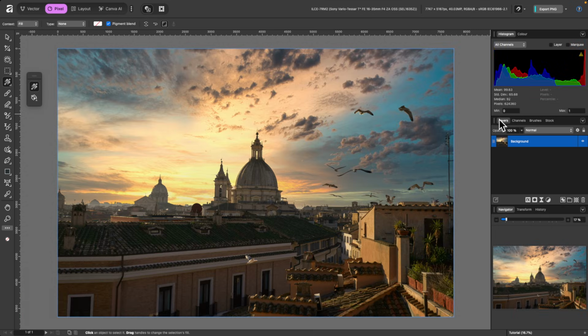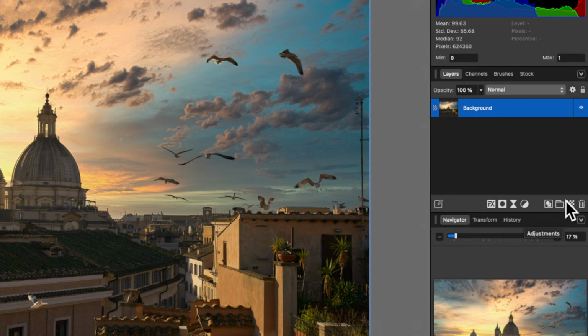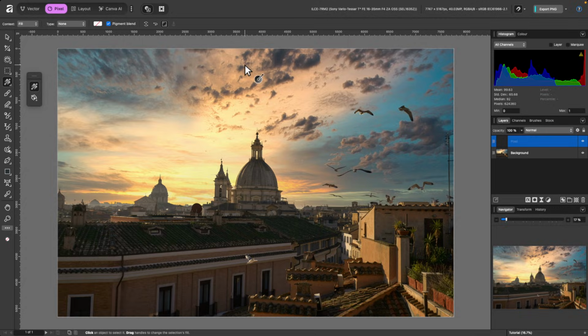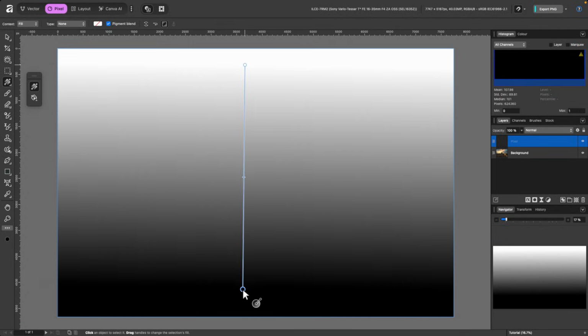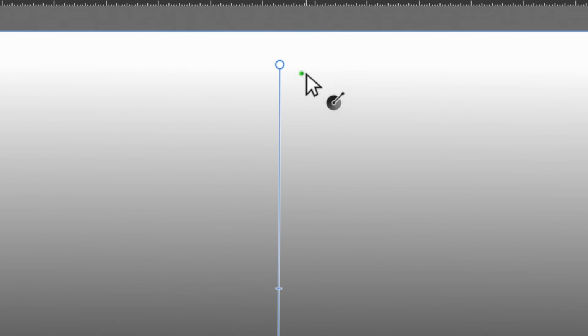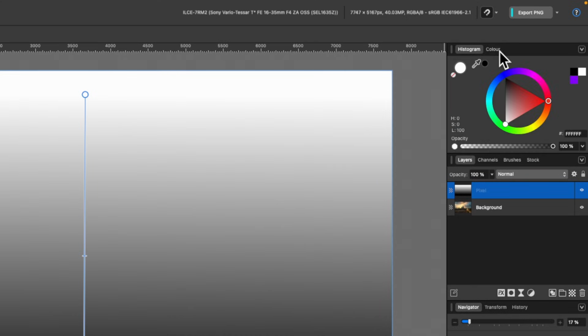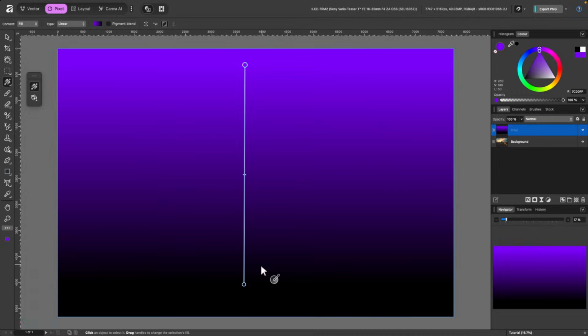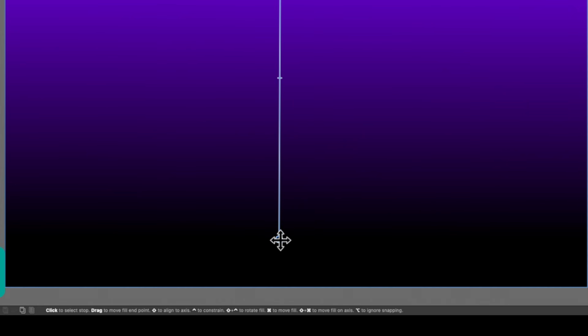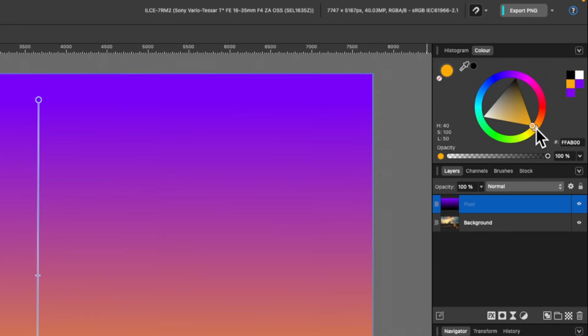What you want to do is go to your layers. Just underneath there, you can see pixel layer. Go ahead and click on that. Now you can see just above our image, we have an empty pixel layer. This is where we're going to apply the fill tool. So I'll go back to my photo and click and drag down like this. You can see we have a gradient, and on one side it's white and the other side black. We can select each of these little color nodes here and assign a color to them. If I head over here to the studio and select color, I can assign a color. I'll choose a purple for the top, and I'll go down to the bottom color node, click on that, and choose some kind of orange color like that.